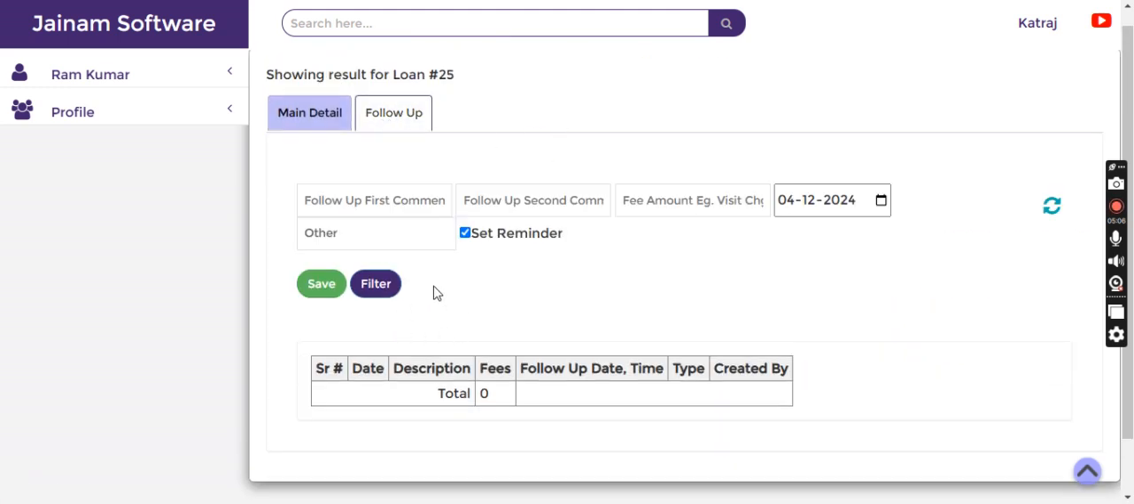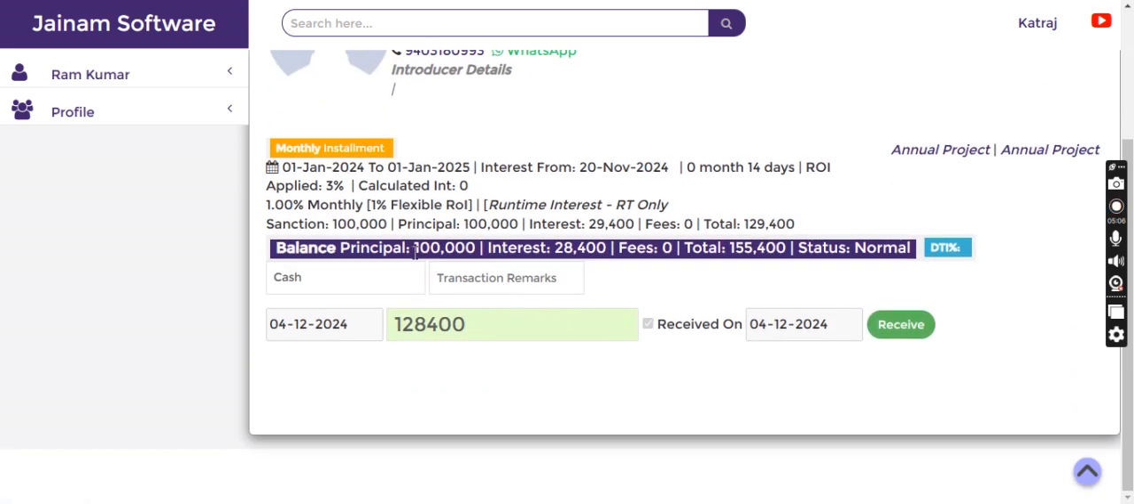But in follow-up I did not give access to update or delete. So if follow-up access is given, the customer can just see the follow-up and insert any follow-up required. Okay. Now